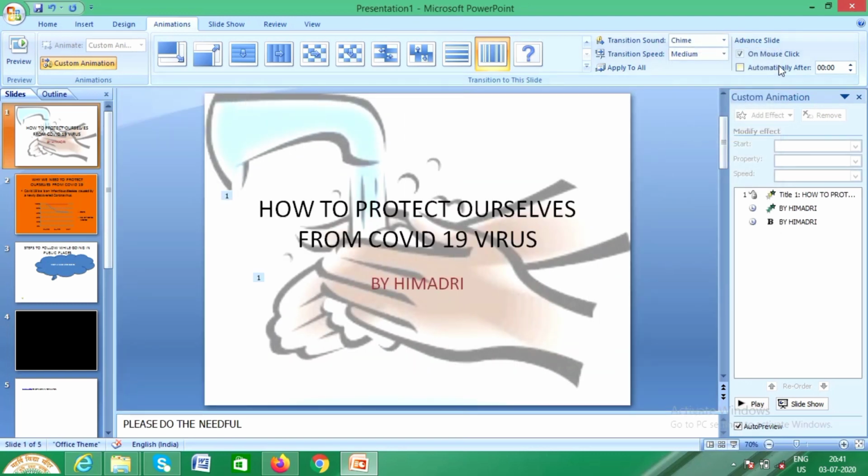Then you can also make it automatic or on mouse click, meaning one slide will come after another automatically. Let us keep automatic and give a time of some seconds so that we can finish the presentation of the first slide. So 12 seconds or 15-16 seconds will be enough. Lastly, we have to click apply to all. Done. Now let us check.